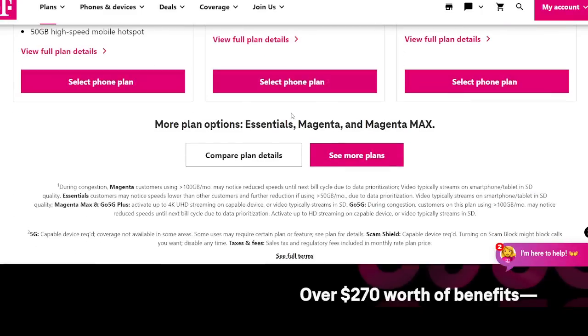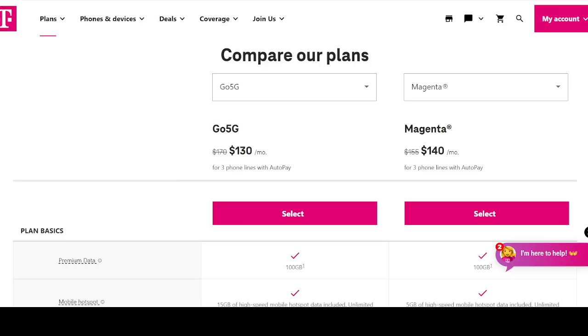All right, now you'll see here at the bottom, that's where they have the Essentials, the old Essentials plan, and then the Magenta and Magenta Max, which are both kind of sort of semi-retired because you can't get them in the store. Anyways, here's what I did. I went to the compare plan options, and I picked the Go5G and the Magenta plan, and you'll see how